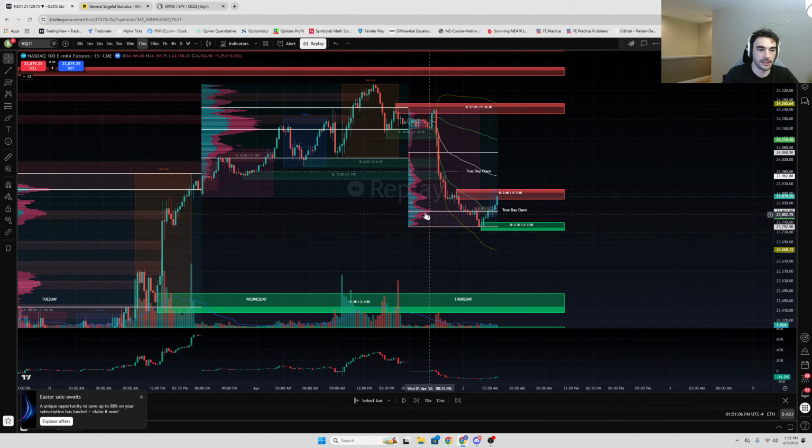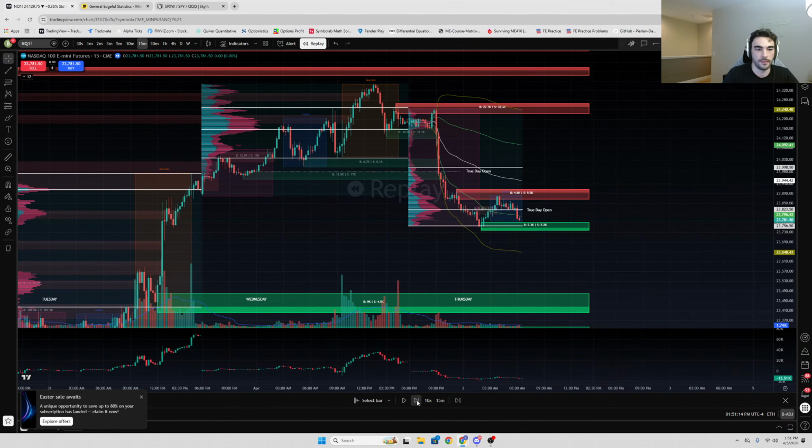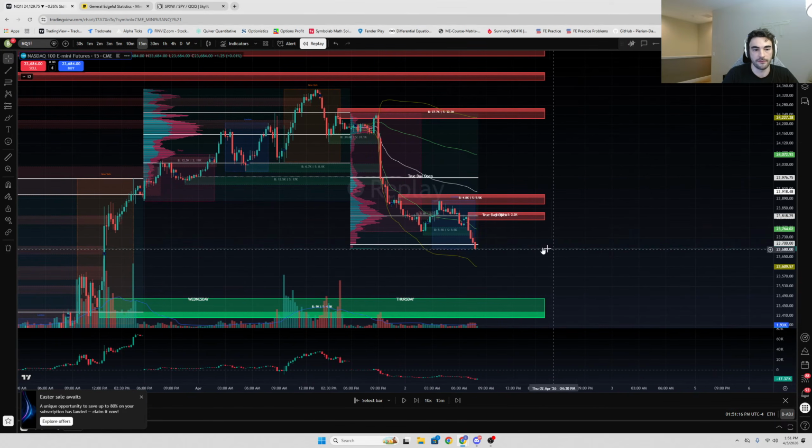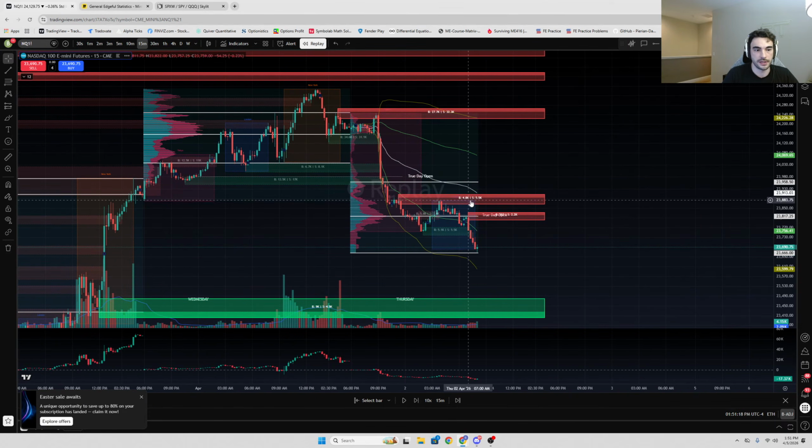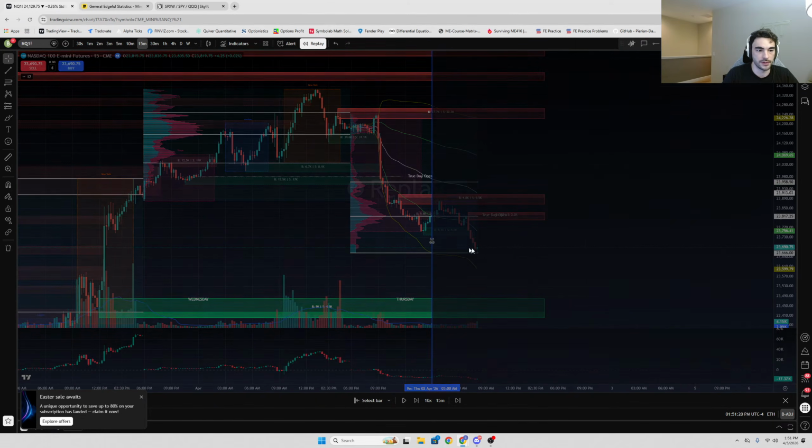So if I'm looking at here, yeah, there's a high volume node here as well. It's also a low volume node, right in here, you push up, and then you reject out of it. I would also look for areas that have bigger imbalances. So you can see right before you come up to this area,